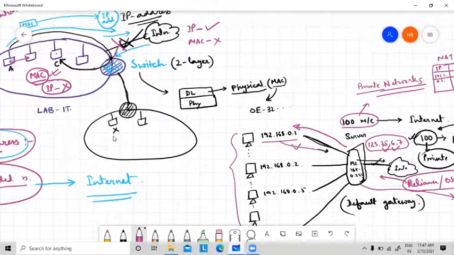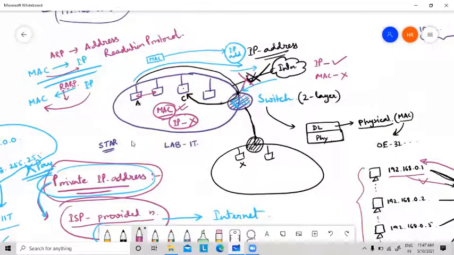So I hope now it is clear why we need two different addresses, MAC address as well as IP address. And there are some IP addresses which are private. We don't have to pay for these. We can use them randomly in our own private networks. But if I want to access the internet, I should have some unique IP address and I have to pay for this.